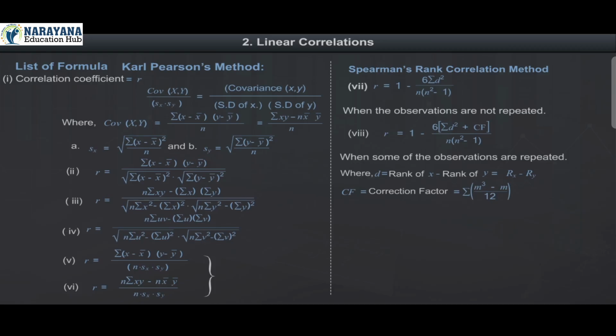CF is equal to correction factor, is equal to sigma m cube minus m divided by 12. m is equal to number of times an observation